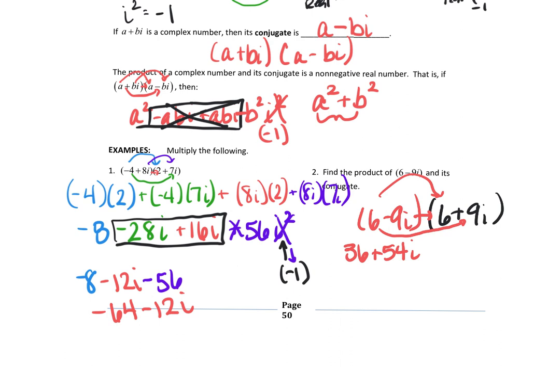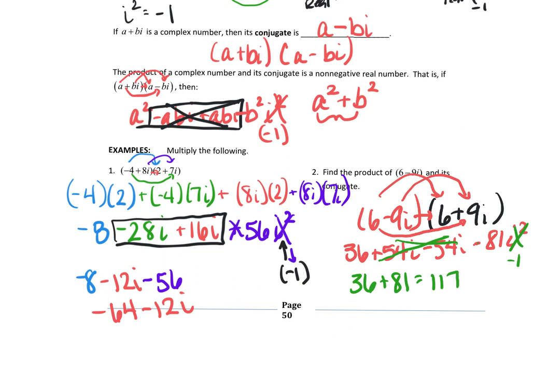9i times negative 9i times 6 is a negative 54i. And then negative 9i plus 9i is a negative 81i squared. Well, notice that these middles are the same, so they're going to cancel each other out. And then back here you have i squared, which is negative 1, but you're multiplying it times the negative, which makes it a positive 81. So you get 36 plus 81, which is